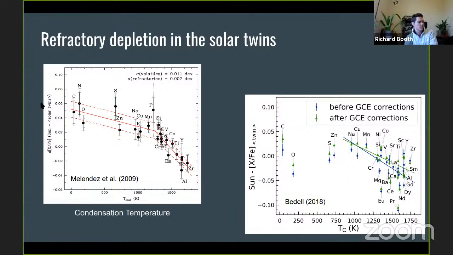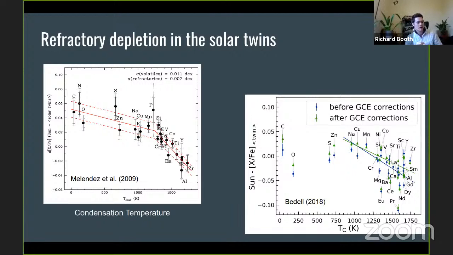So he argued that you can reproduce this curve if the sun is depleted in, say, 4 Earth masses of rocky material, or equally, all of the solar twins have swallowed 4 Earth masses of rocks. That argument was based upon the fact that the sun's convection zone today is something like